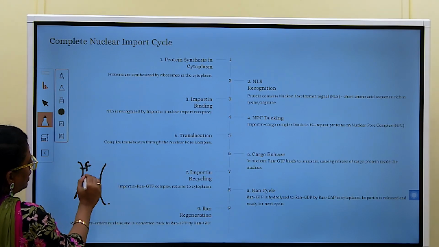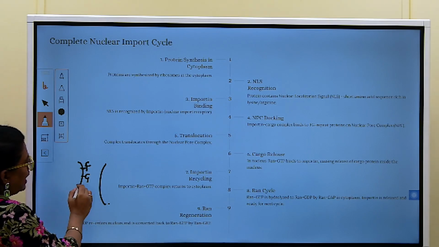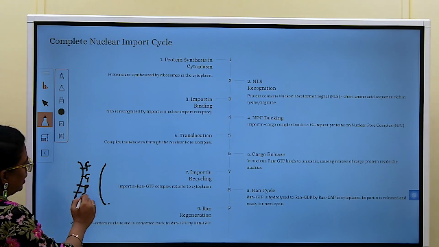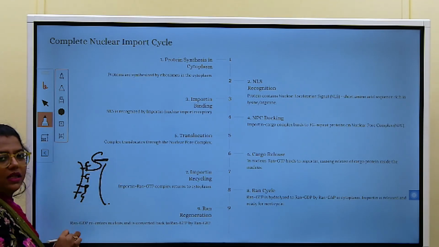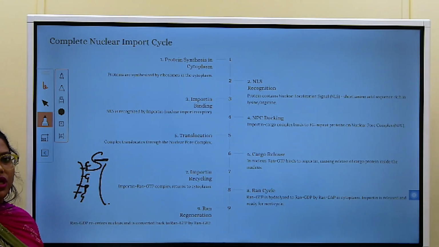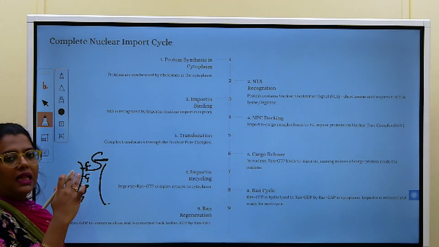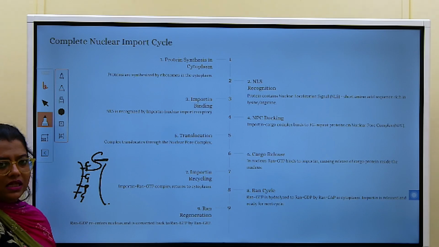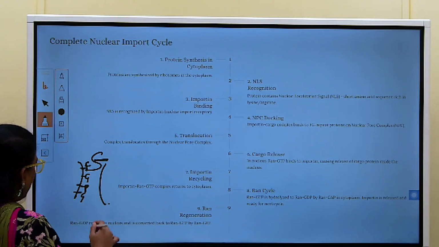This nuclear pore complex is rich in FG repeats, that is phenylalanine and glycine. So this receptor containing the protein of interest will bind to the FG repeat on the nuclear pore complexes and the protein then travels inside. Once the protein is inside the nucleus, now